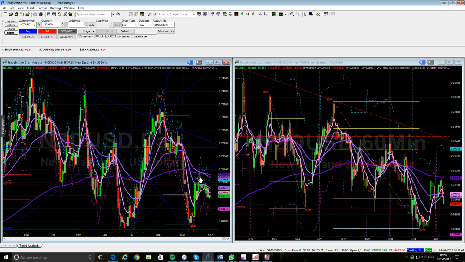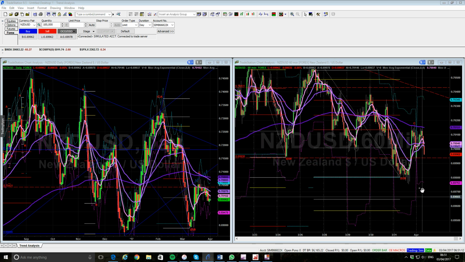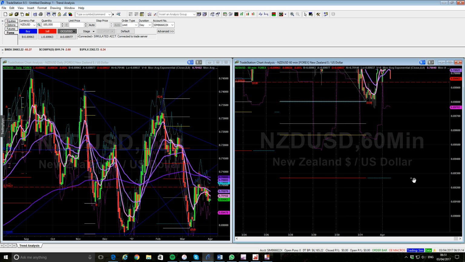So New Zealand is a similar story. We reached a D outside of the pennant formation we formed. We have broken back into it, however, it is just a normal retracement. We have found a level at the 38 and dropped off since. I think we do see this weaker, and if we break these lows, it would open up a move down to the D target at